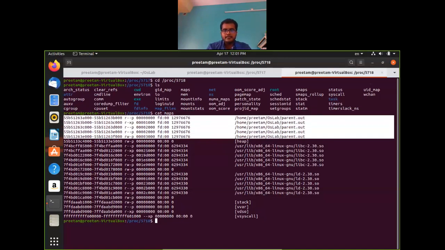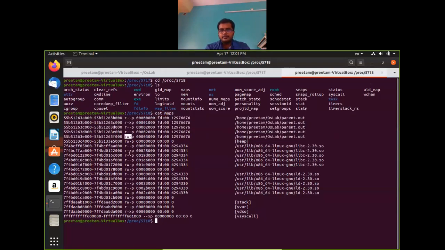If you concentrate on this portion only, you can see that some of them are RW. This is nothing but the read, write, execution permission. The first three of them have RWX, meaning read, write and execution, and this P denotes a flag which is either P or S. P means private and S means shared.